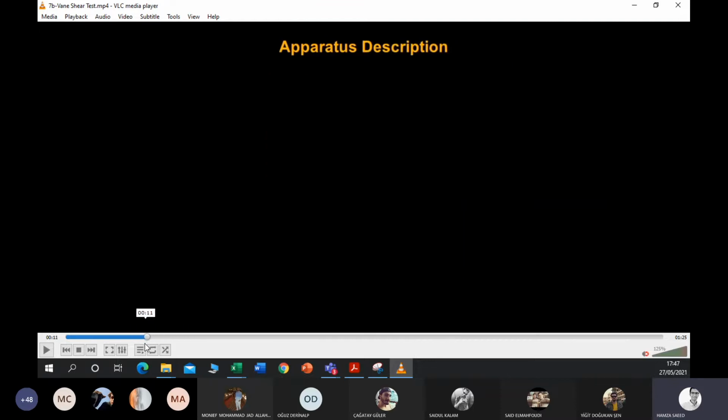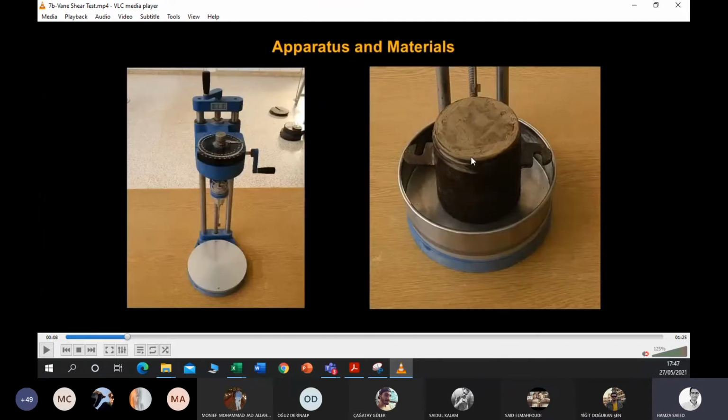So this sample, as you can see over here, you can either compact your specimen, or another option is to use the core cutter test, because as you know, in the core cutter test we obtain the field samples. So basically you can do the same thing.